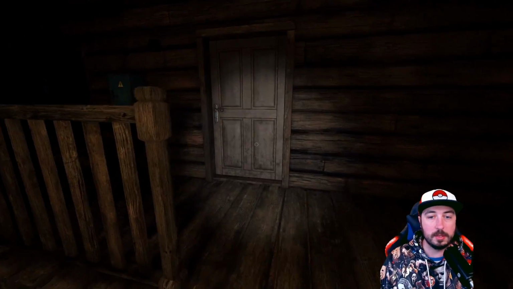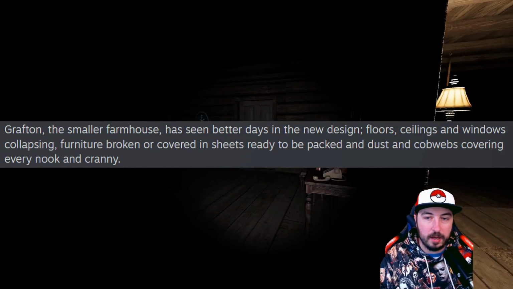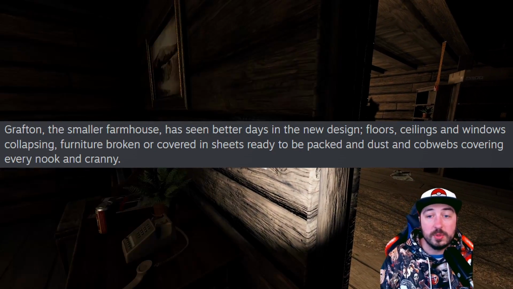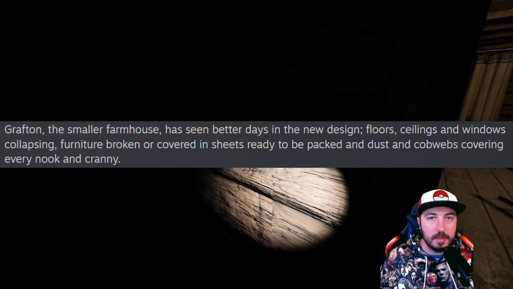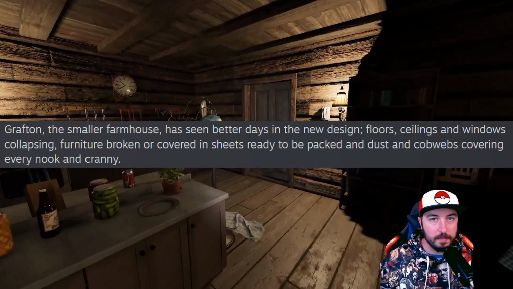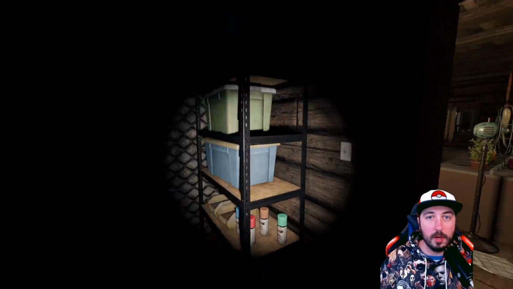So the devs first talked about Grafton's new design, and they say that they want more of a rundown farmhouse with floors, ceilings, and windows collapsing, broken furniture or furniture covered in a lot of sheets, ready to be packed, and with dust and cobwebs all throughout, which I think is an excellent idea and definitely brings that more authentic